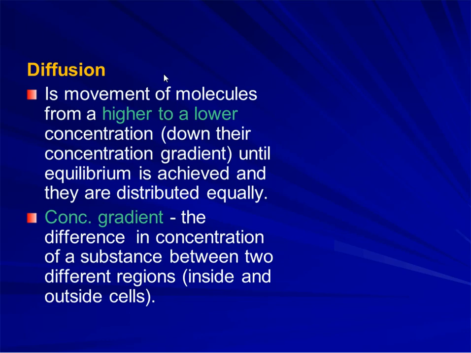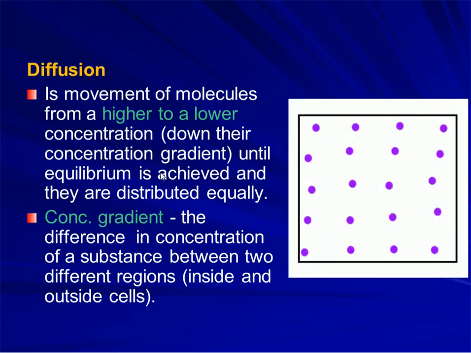Diffusion or simple diffusion. Diffusion is defined as the net movement of particles from the region where they are in higher concentration to the region where they are in lower concentration until equilibrium is achieved, which means both regions have equal amount of solid particle. What you need to know is very simple. First, you need to know the definition for each type of transport. Second, you need to know what are the examples of substances